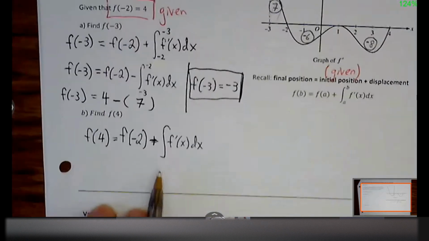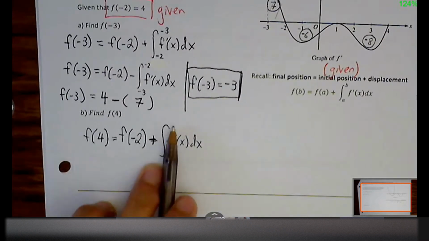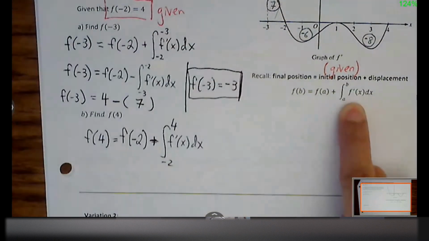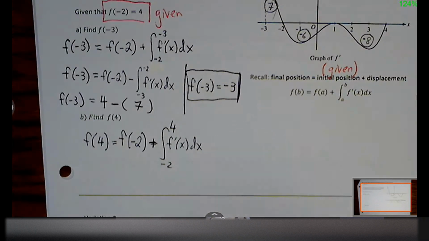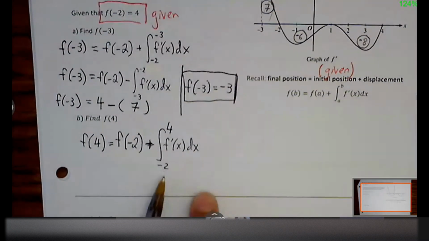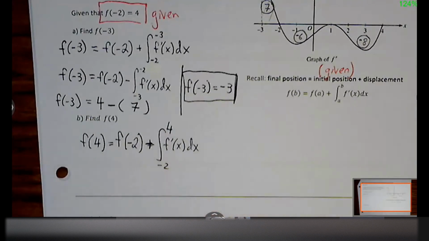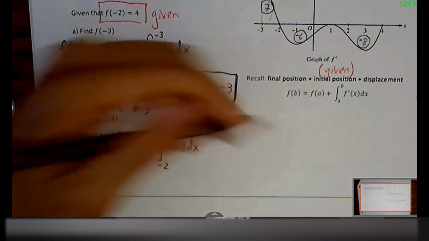Okay, what's my lower bound and upper bound? Lower bound is, yeah, -2 to 4. Just following whatever the rule says. Right, so I'm just copying down whatever the rule says, and now I'm going to take a step back and ask, do I need to make any adjustment, or is this ready to go? Yeah, we're ready, right? Lower bound, upper bound, smaller to larger. I'm already going from left to right, so this is good.